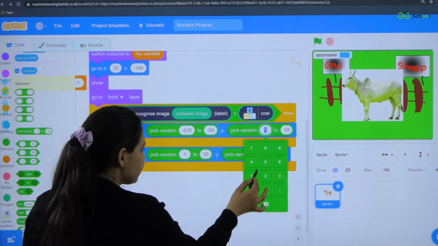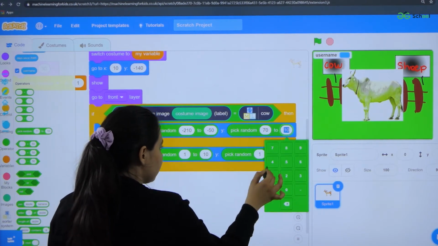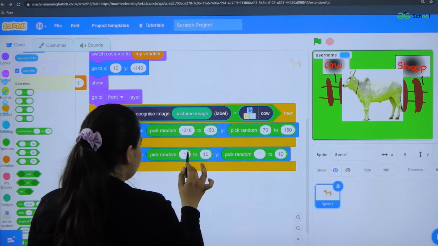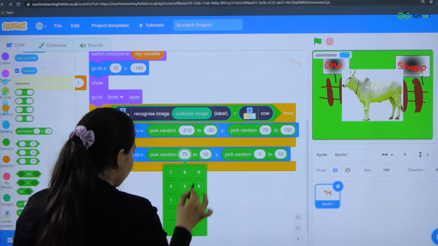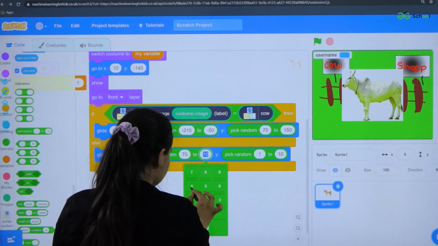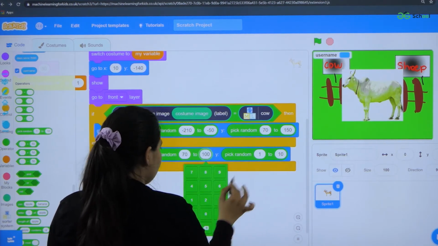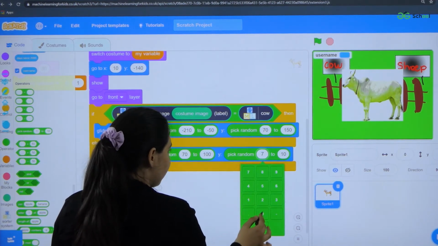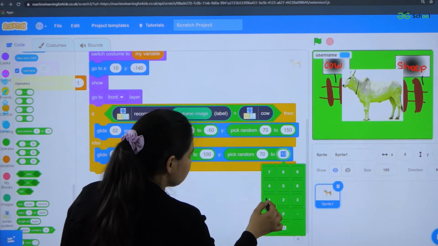For the y-axis, I am selecting the positive coordinate. Here again positive. And for the y coordinate, I am putting the same range.